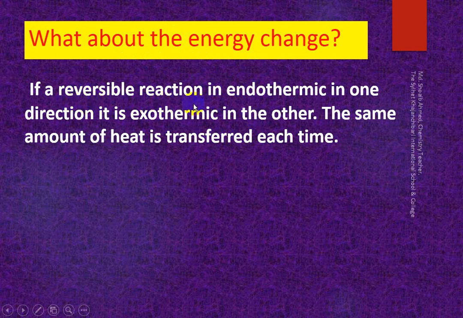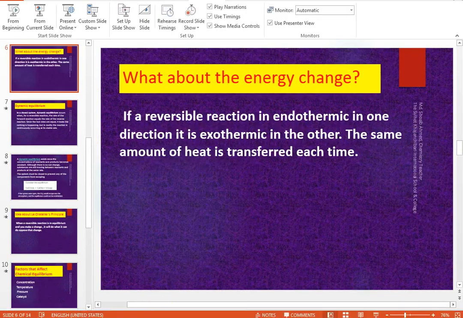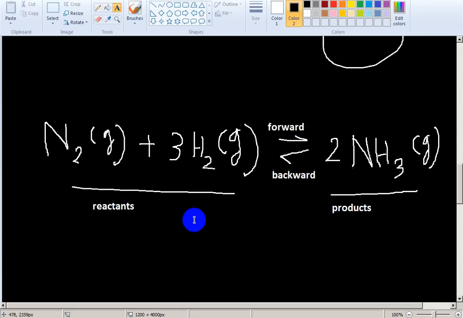If a reversible reaction is endothermic, have you seen this one? Not. Okay, now I will repeat this one. If one direction of a reversible reaction is endothermic, the other will be exothermic. Like the forward reaction, look, this is the reactant substance which participate